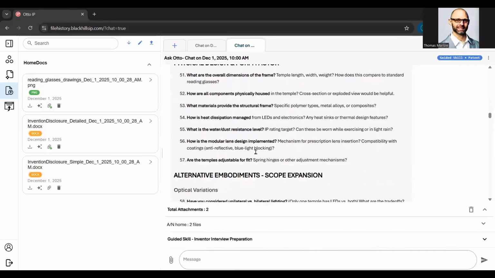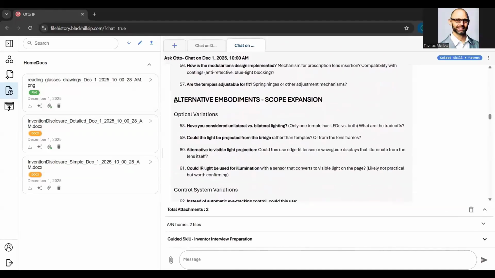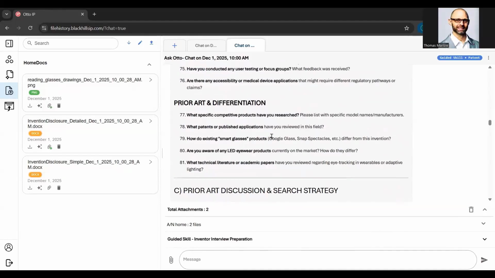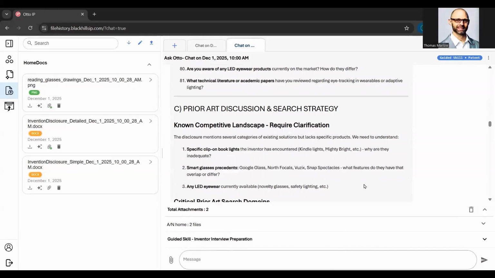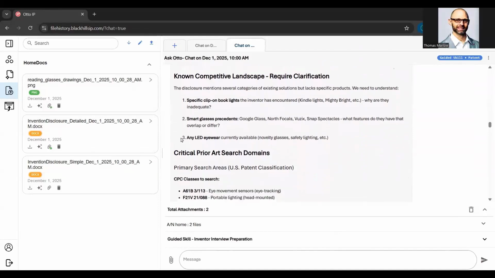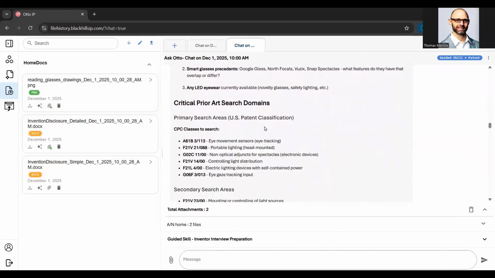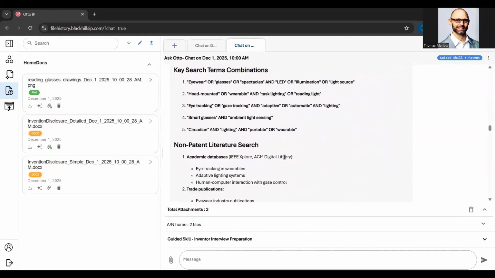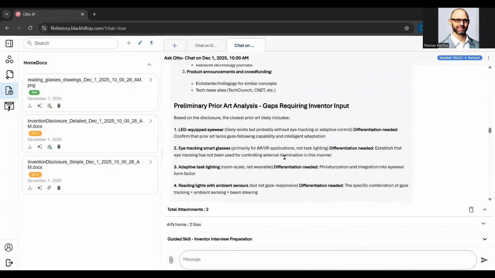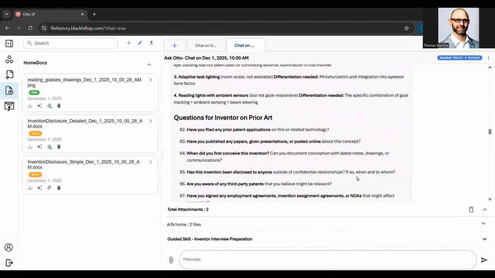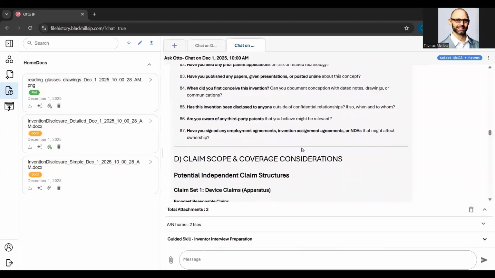One of the things that I recommend from this, because there's admittedly a lot of information, is to pull this into a document and adjust as you go. There's going to be some of these questions where, as a practitioner, you're going to be able to say, I don't need to know this, or this isn't necessarily applicable, or I want to hold off. So, like here, we've got a lot of information about prior art, maybe some support for what the tool would recommend from a prior art search perspective. Maybe we're not doing that yet, right? So we can push that off,